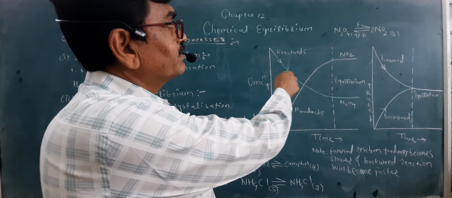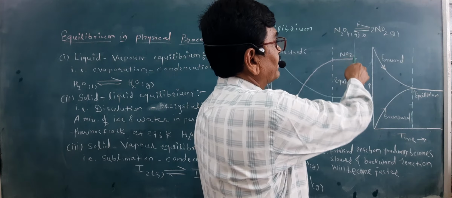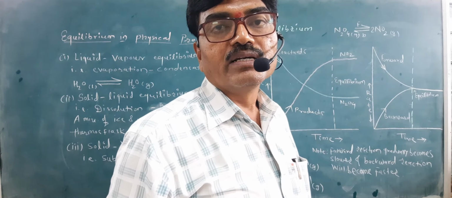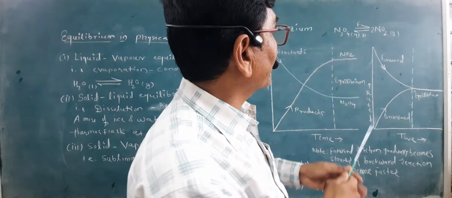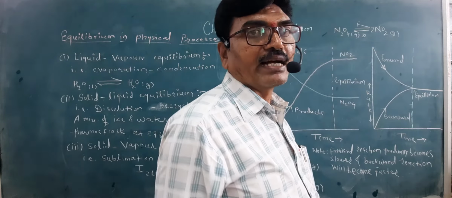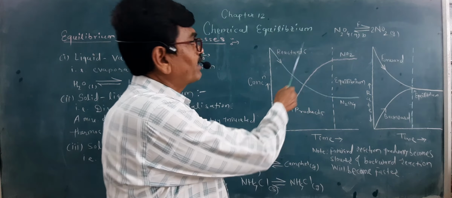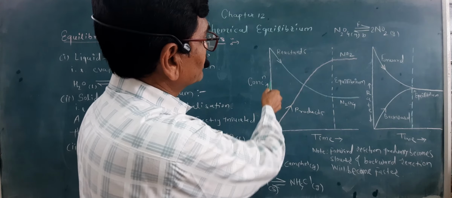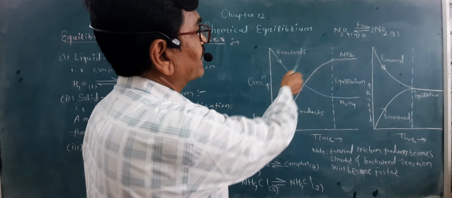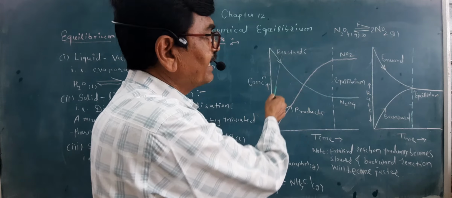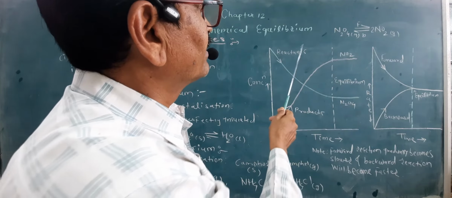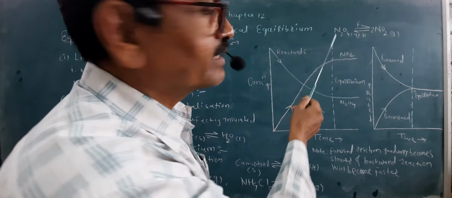सुरुवातीला आता पहा ही रिएक्शन जी आहे at the beginning, so only reactants are there. So that is before beginning of the forward reaction, only reactants are there. आणि reactants काय होतं, प्रोडक्ट्स मध्ये कन्वर्ट व्हायला लागतात, आणि म्हणून सुरुवातीच्या काळामध्ये आपण पाहतो at the beginning of reaction the concentration of the reactants is high. पहा N2O4 चं कॉन्सन्ट्रेशन इथे हाय असेल, रिएक्टंटचं कॉन्सन्ट्रेशन इथे वर दाखवलेलं आहे हाय असेल, आणि म्हणून रेट ऑफ द फॉरवर्ड रिएक्शन इज फास्ट.